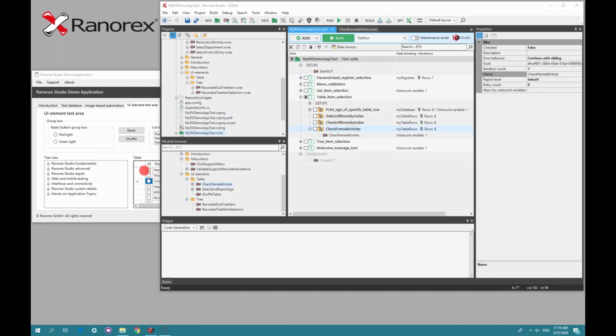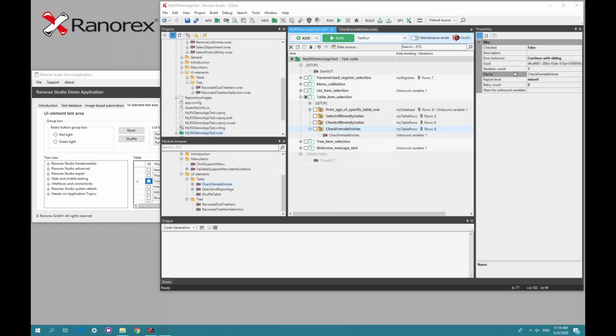Because not finding a female row is an error, it's still an error. We told the actions to continue, but it's still an error. And the default behavior of the smart folder is also that in the case of an error, it continues with the sibling. So it stops here and continues with the next smart folder or the next test case in line. So this is something we would also